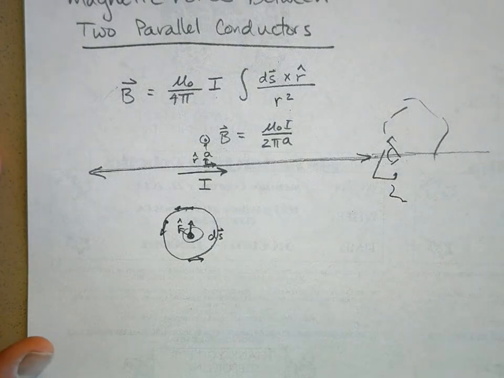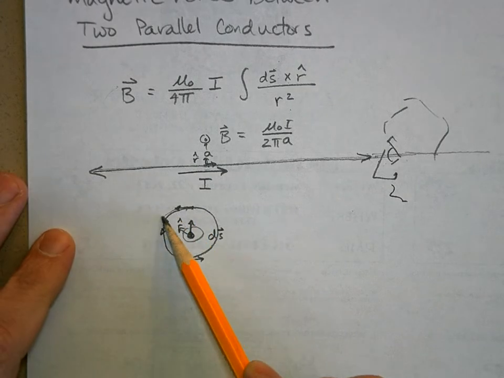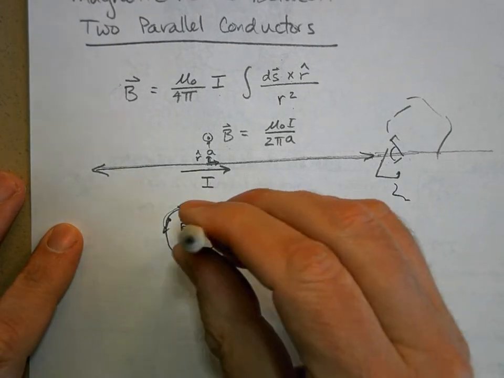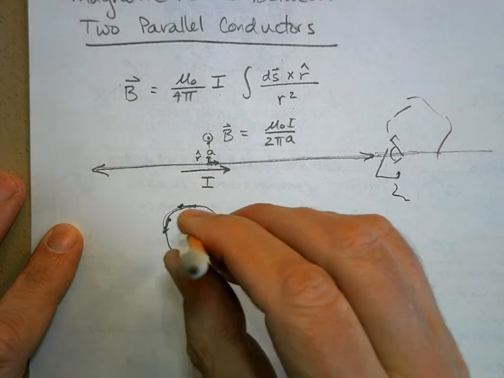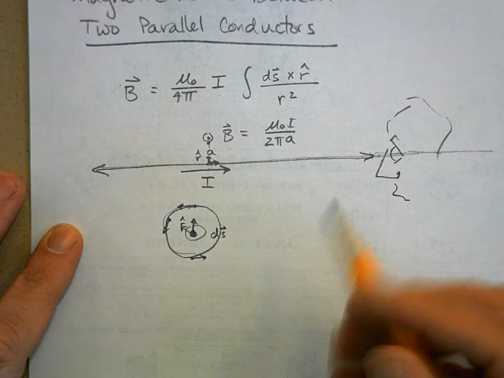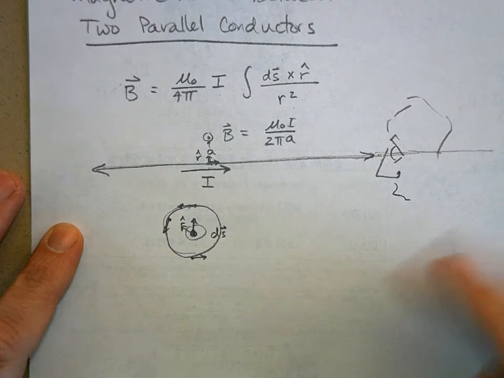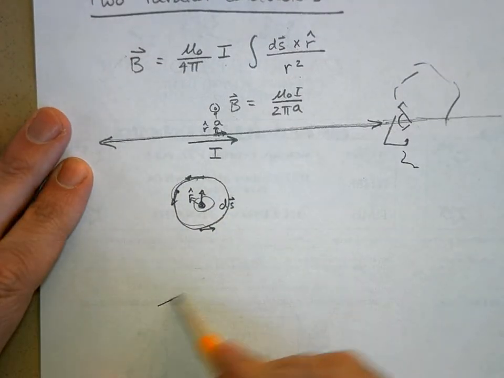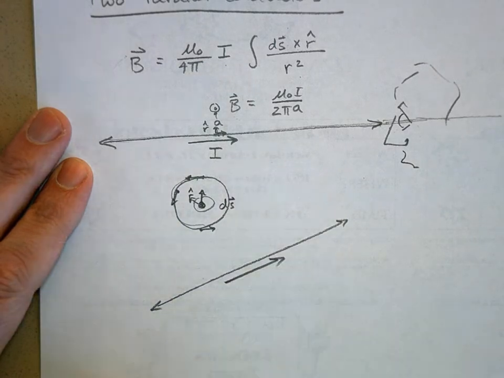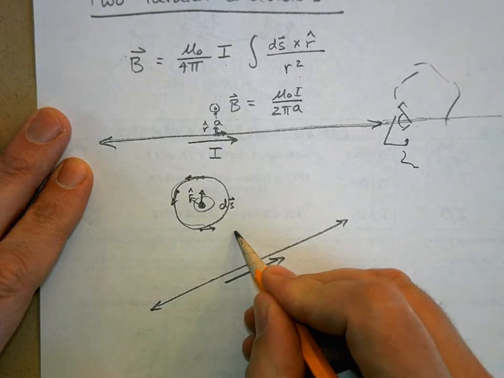It creates a circle. And so this magnetic field line, and it's kind of hard in this picture to imagine what's going on, but I've got a wire that's coming straight out, with current coming straight out of the board. Let me draw it in some perspective here. If I've got a wire that looks like this, and it's got current going through it, and I go a distance A out from the wire,